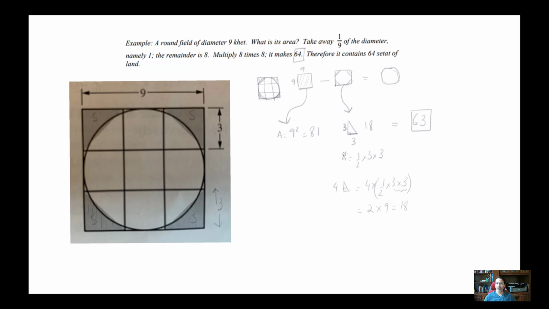So here's an example that I thought was very cool, and I think this is where the Egyptians got their algorithm, or their formula, in terms of how to compute the area